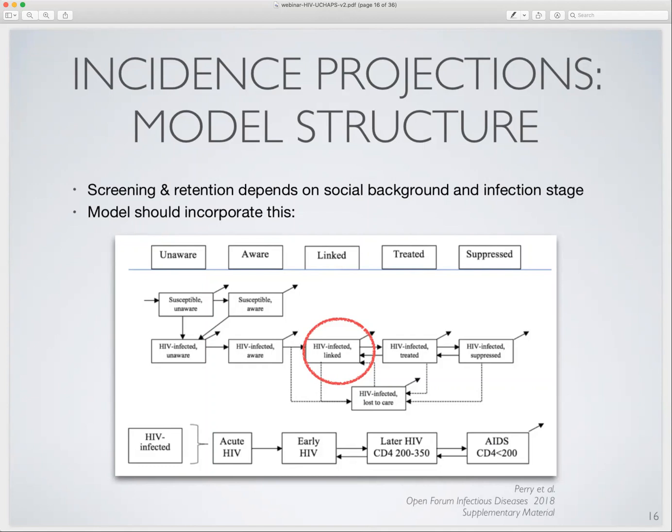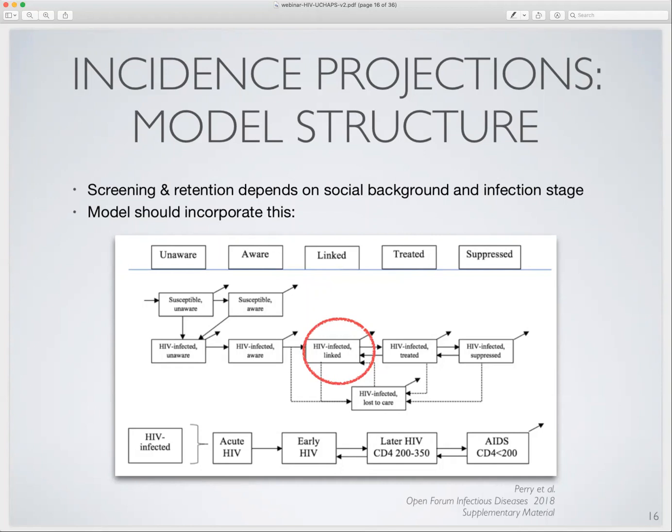So for example, in this particular case, how many HIV-infected individuals are linked to care in any given month. And we need that kind of information for different stages of infection. How many will be treated? What is the proportion of HIV-infected Americans that are in early infection stage, and so on and so on and so on. Right? You have a lot of parameters to inform,